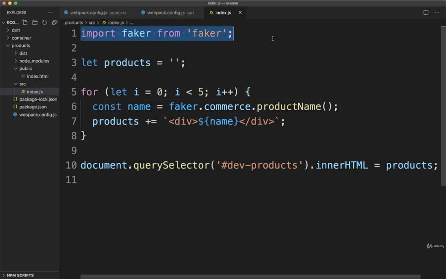And this is not an issue when we load up products through our container, because when we load up products through container, we are first loading up the remote entry file for products. And the remote entry file has some code and configuration inside of it that says, hey, we need to get access to index.js, and to run that file, we need Faker. So when we load up our application through remote entry, we don't run into any issues